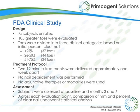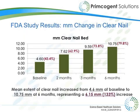And at each evaluation point, the measurement of nail clarity was performed in millimeters, which was then used to calculate the overall percent nail clarity. And this was compared between baseline and months 3 and 6. When looking at the graph, we see not only change in millimeters, but also percent. At baseline, the mean nail clarity was 4.6 millimeters, which represented 43.4%. So what this means in this graph is that at baseline, the average nail clarity was 4.6 millimeters, or